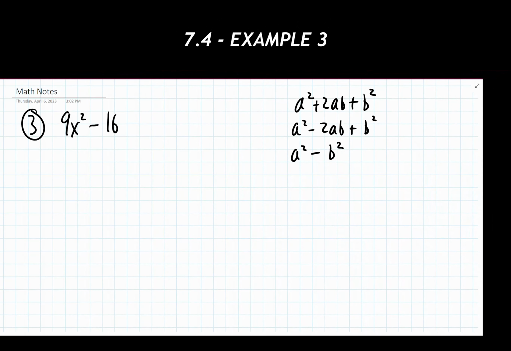Let's take a look at our third example that we have here. We have 9x squared minus 16. Similar to what we did before, we're going to look and see, is this a special product that I could factor? I'm looking at the very first term and determining, is this thing a perfect square? And yes, it is. 9's a perfect square, and x squared is a perfect square. Okay, so perfect square there. I look at my last term, I'm seeing that 16 is a perfect square, so great. My first and my last term are both perfect squares. That means our special products are on the table and available for us to use.